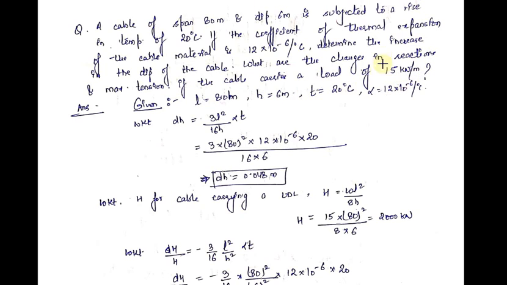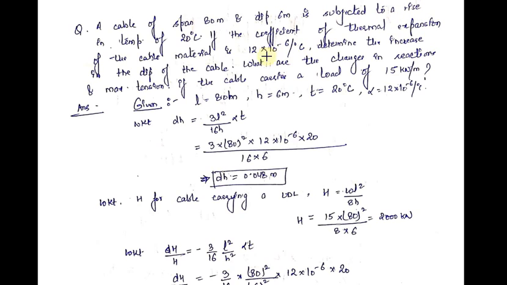So in this question, we are now given that the span of the cable is 80 meters. Whenever we say that the span is 80 meters, it corresponds to the horizontal distance between the supports of the cable. And whenever we say the length of the cable, it denotes the length of the shape of the cable. If the shape of the cable is a parabola, then the length of the cable will be the length of the parabola. So the span of the cable means the horizontal distance between the supports of the cable. So small l is given as 80 meters. Dip, small h, is given as 6 meters.